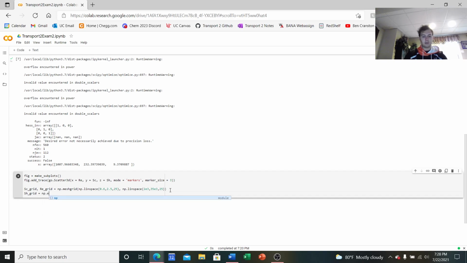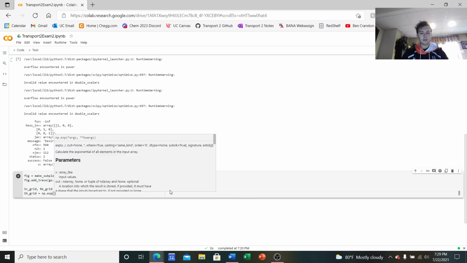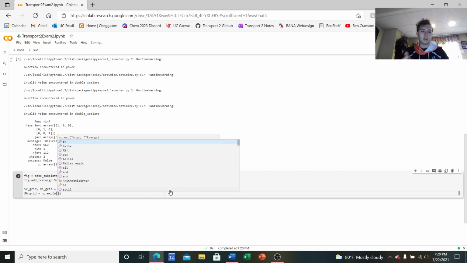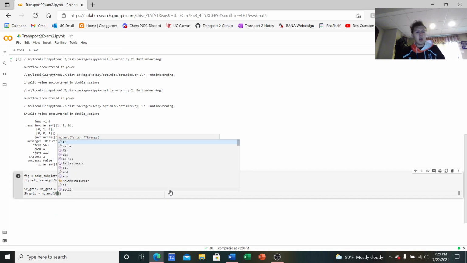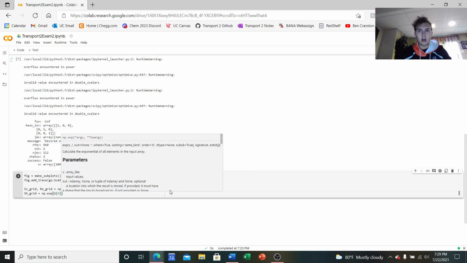But the only thing that we need to make sure that we take into account here is that we need to take the first value and take it to the exponent, because way back when we were working through and manipulating it to be able to be coded, we took the natural log of A, and we need to take that back to the exponent so that we get the actual value of A. And so this is going to be, because we have that A, B, and C value stored in our unknown matrices, and so that's pretty much going to be the first value of there. Then we need to multiply that by